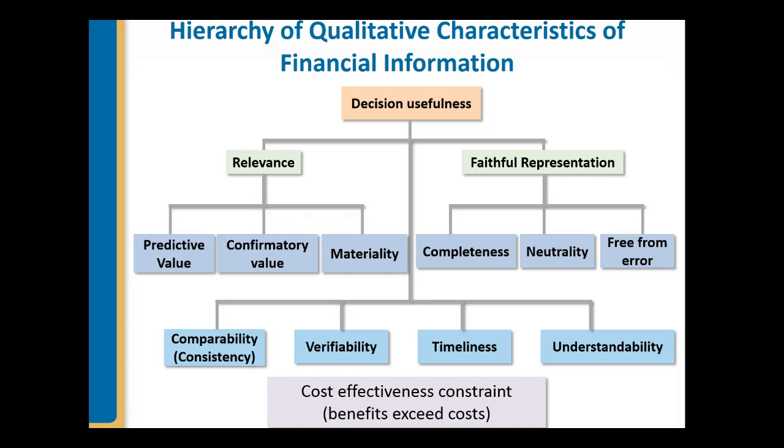Financial information is material if omitting it or misstating it could affect users' decisions. The threshold for materiality has been left to the subjective judgment of the company preparing the financial statement and its auditors. So basically what that means is it is considered material if that change in information would alter the decision-making of the stakeholder. So if the number would be changed and that would alter a creditor from lending the company money, then it would be material.